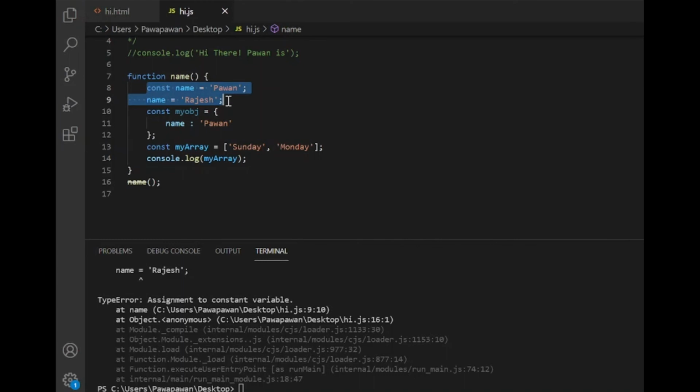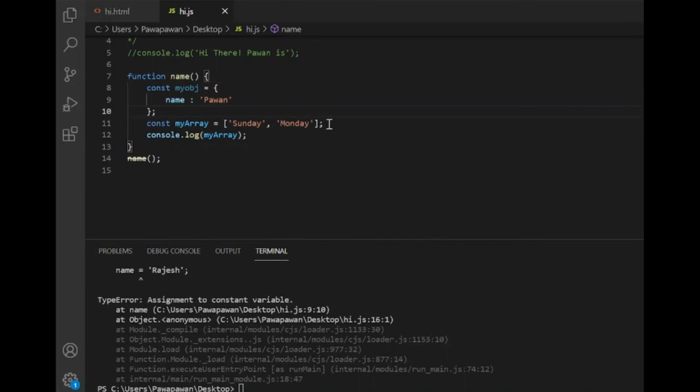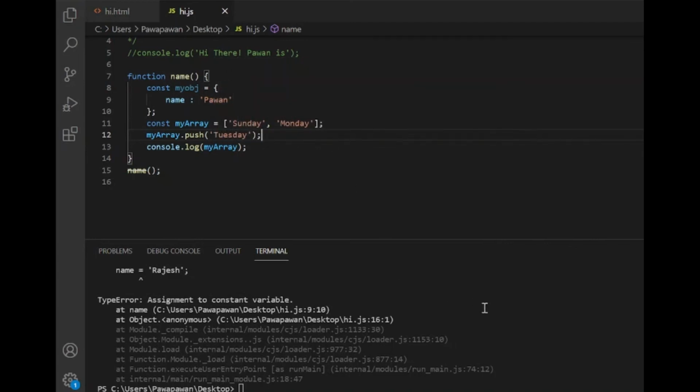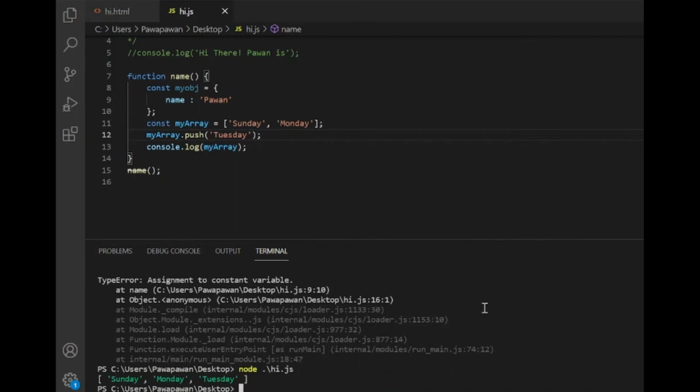But let's try, suppose for my array we have a function called push. So I'm just going to push a value inside this, like Tuesday. So when I will try to type the value, it is working, it is allowing us to add a value